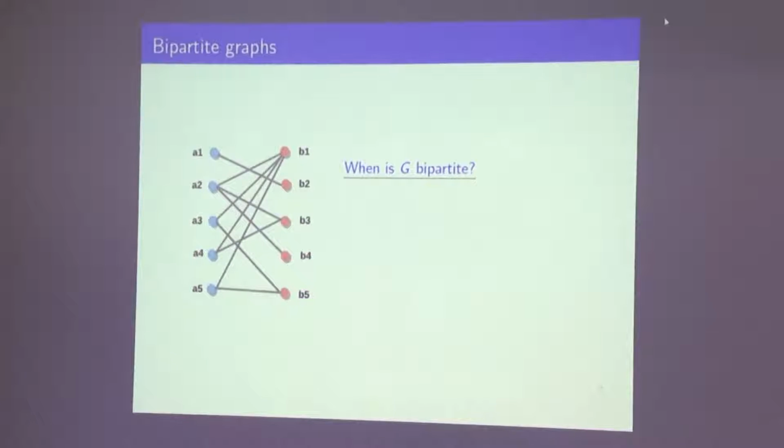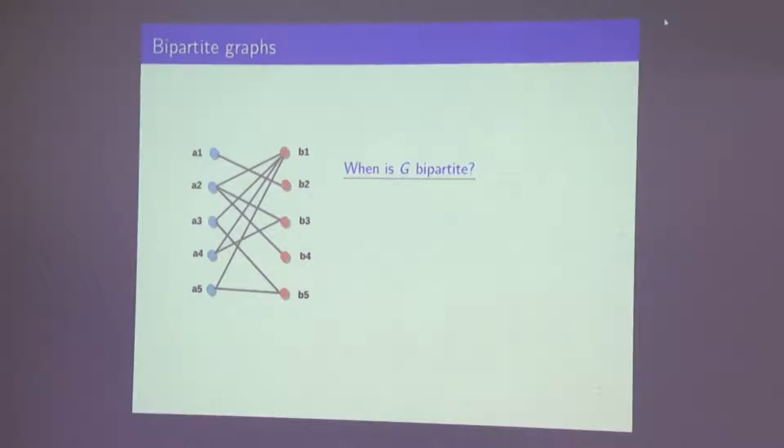Have you seen what bipartite is? Have you heard this term? What is a bipartite graph? No. Okay, so can we have a show of hands? How many of you have not heard the term bipartite? Okay, so there are very few who have heard the term. So is this graph bipartite? I will come back to it. Is this graph bipartite for people who have heard? Yes. Okay. But let me now define what bipartite graphs are.